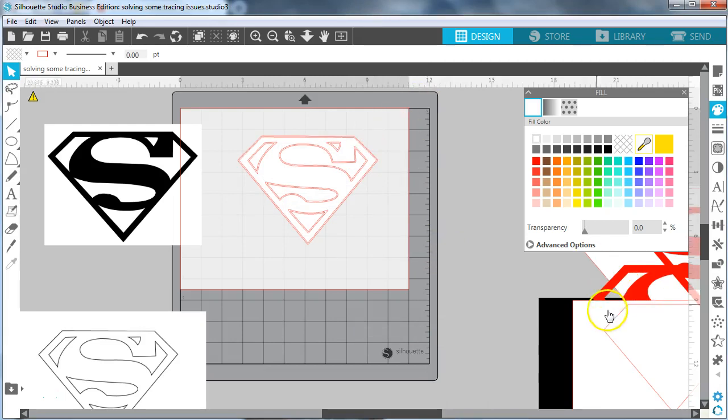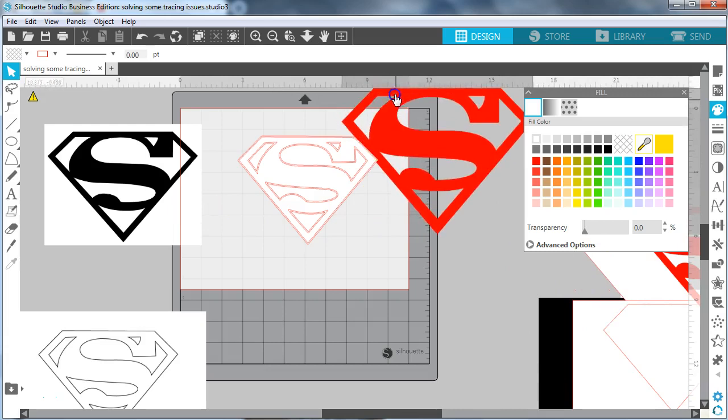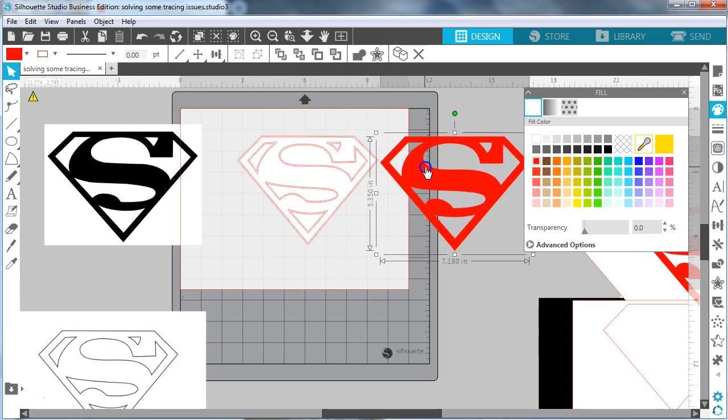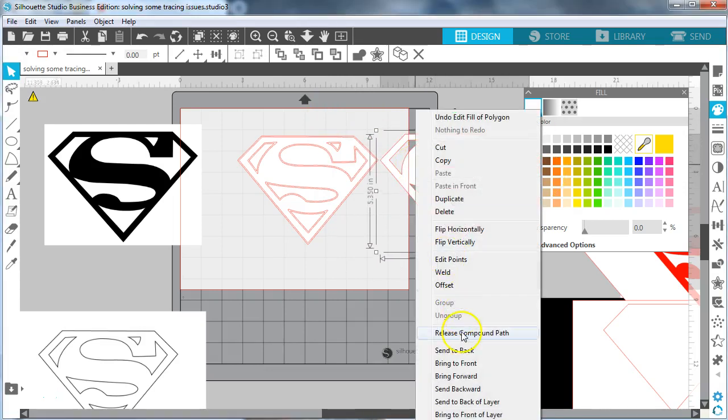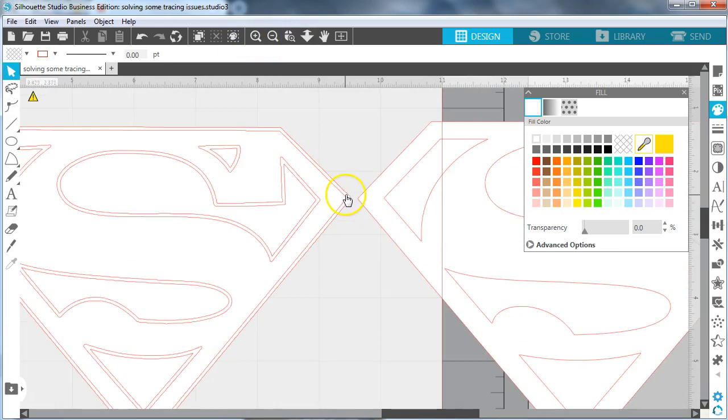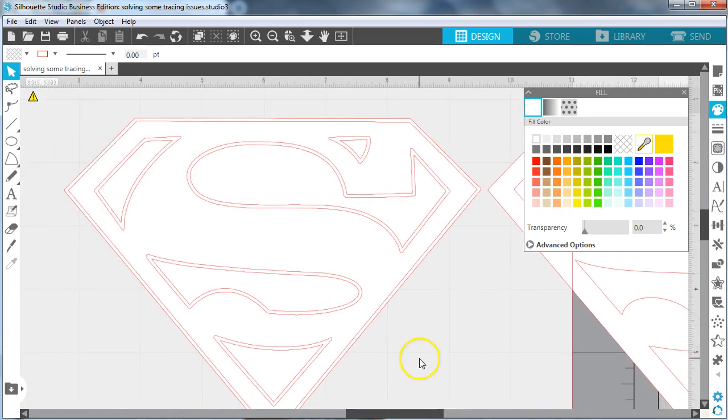And what you notice, I want you to notice that I'm going to compare it to one that's the kind I want. If I release the compound path on this, notice I have one diamond shape and then these holes cut out of the middle. Notice over here I've got double lines. So if I come in closer, instead of having one shape, I've got two shapes. Instead of having one hole here, I've got two holes, two pieces. So what I've got is double lines, and all I need to do to fix this is delete one set